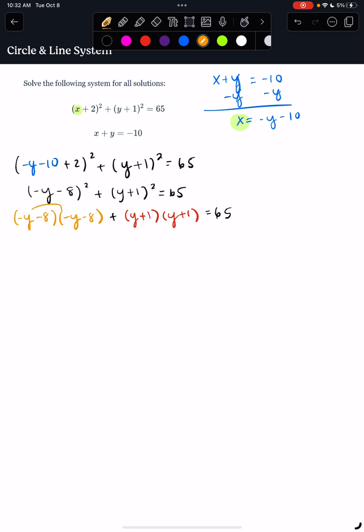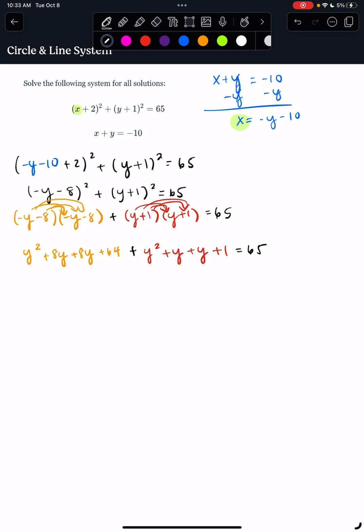And here we can FOIL, or you can use box method. Negative y times negative y is y squared. Negative 8 times negative y is positive 8y. Negative y times negative 8 again is positive 8y. And then negative 8 times negative 8 is 64. And then we can do it with our y values. So y times y is y squared. 1 times y is just y, like 1y. Y times 1 again is just like y. And then 1 times 1 is 1. And then we can